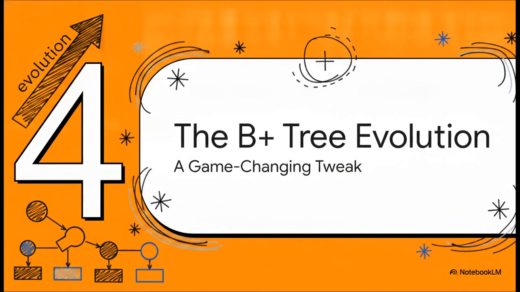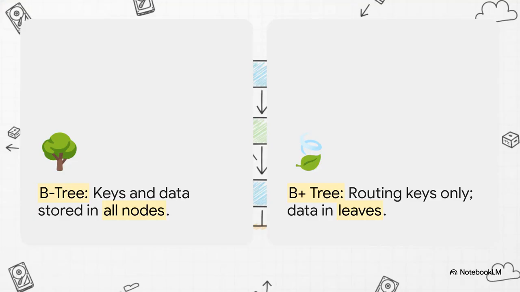All right, Section 4. The B-plus tree evolution, a game-changing tweak. So here is the fundamental structural difference between the two. In a standard B tree, every single node holds the keys and the actual data. But in the B+ tree, the internal nodes hold only the keys. They act purely as a routing table, like a map. All of the actual data, or the pointers to the data rows, they live exclusively down at the very bottom